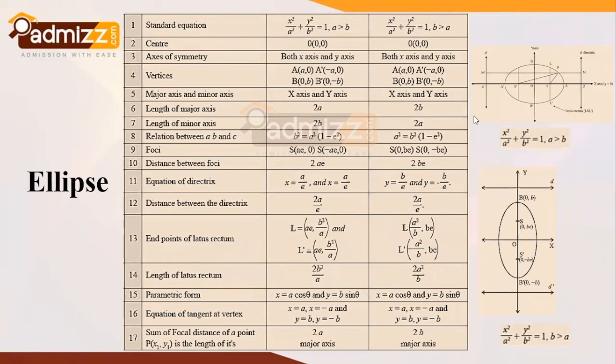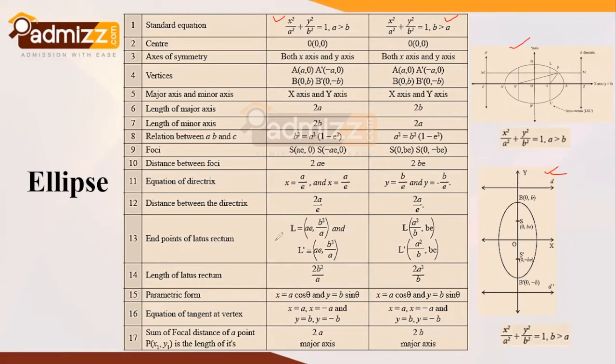Now see, you have over here two different cases of ellipse. This ellipse is of the form which is like this way, the horizontal orientation ellipse, and this is the vertical orientation ellipse. The formulas associated with this vertical orientation ellipse are provided right over here in this particular column. If you observe, the values will be similar. The results which are provided over here will be similar but not the same. So you need to be very careful while simplifying the problems.